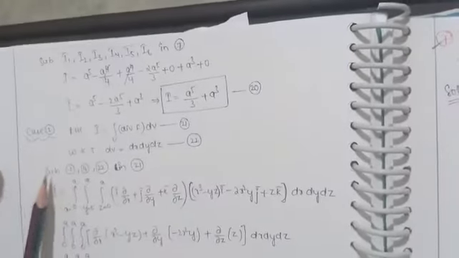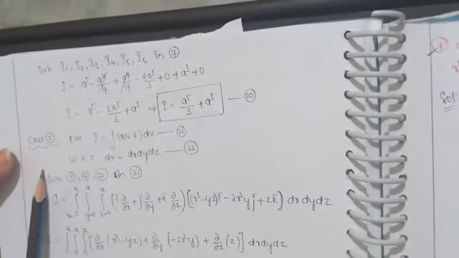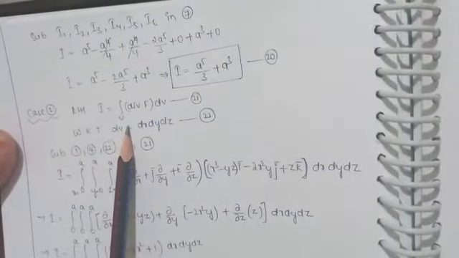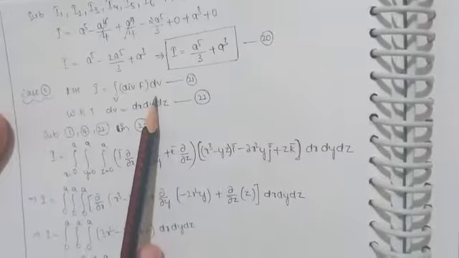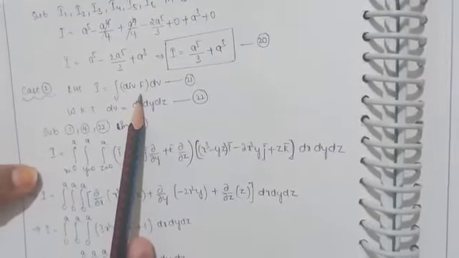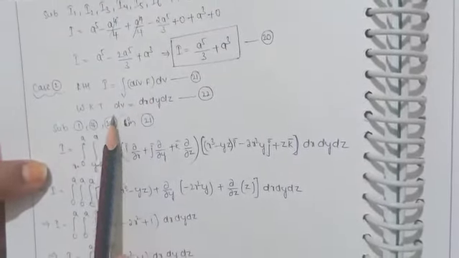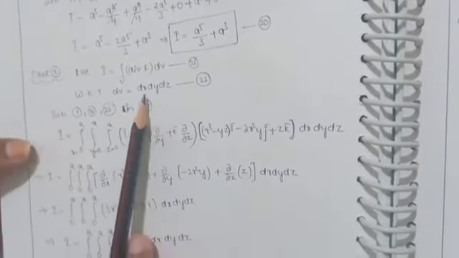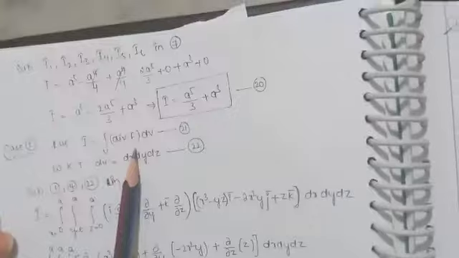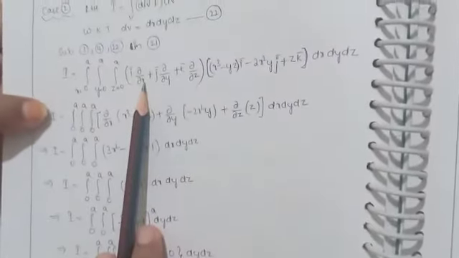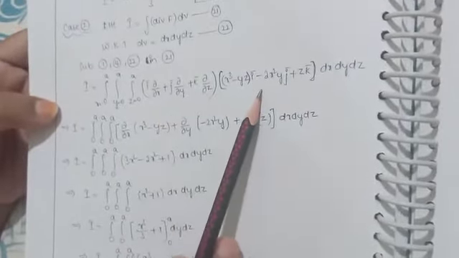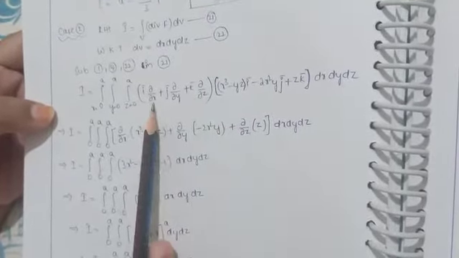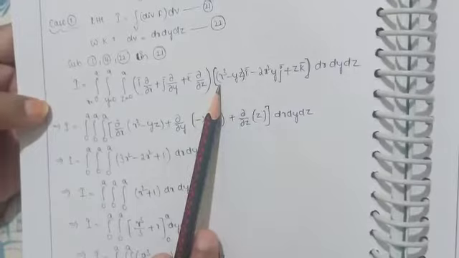So moving to the RHS value. The RHS we have taken as I equals the volume integral of div f dv. The divergence of f bar is nothing but del dot f bar, and dv is taken as dx dy dz. So you substitute the divergence of f bar as del dot f bar. We know the value of del and f bar, so by applying the dot product and the respective derivatives in the volume integral,